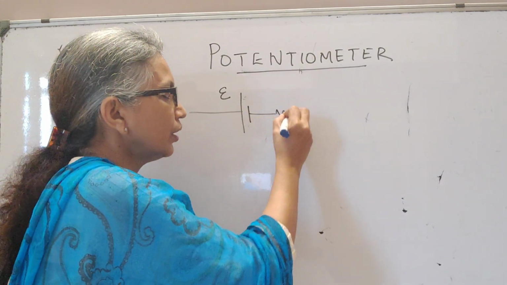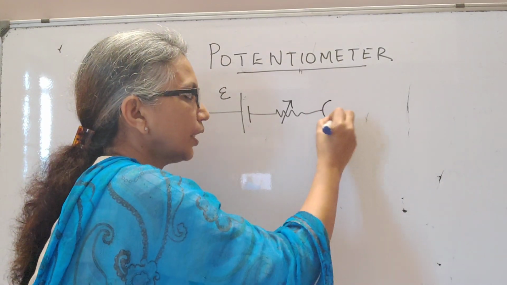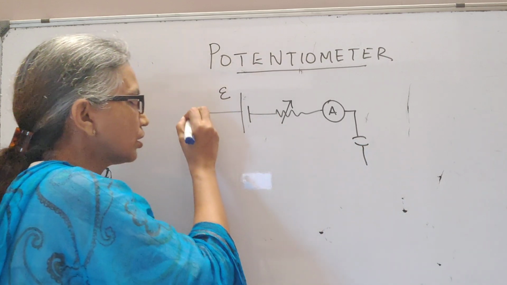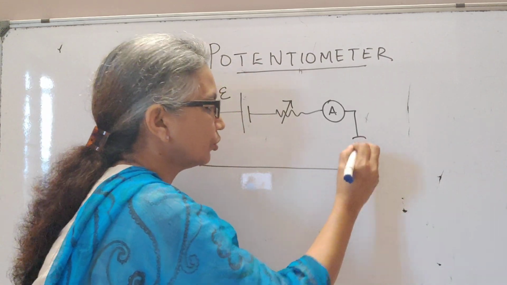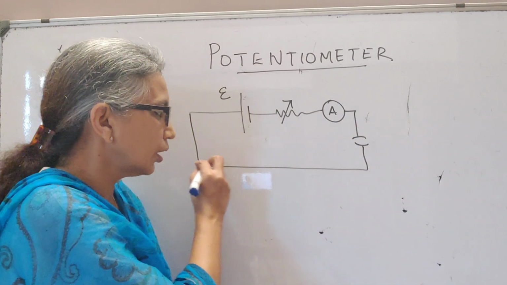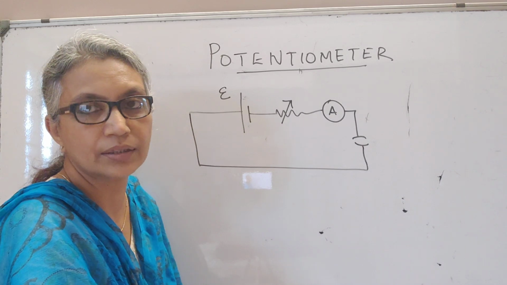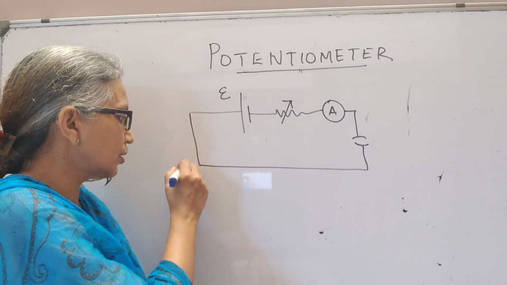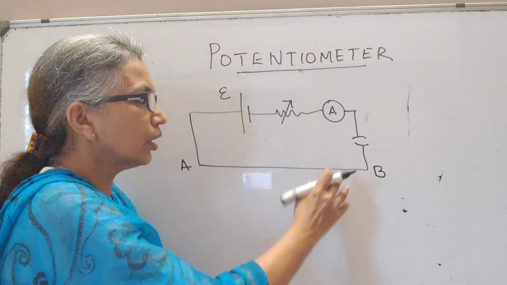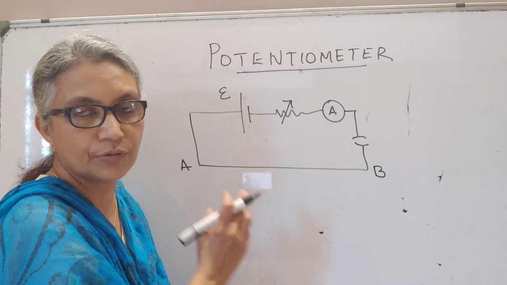It will also have in series a variable resistor like a rheostat, an ammeter, and a key connected to the wire which I told you is around 5 to 10 meters long. It is of uniform area of cross section and made of this material, manganin or constantan. So this is that long wire AB, the potentiometer wire, and this circuit is what you call the primary circuit of this